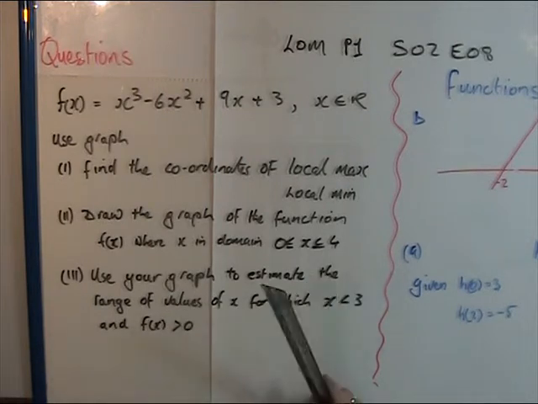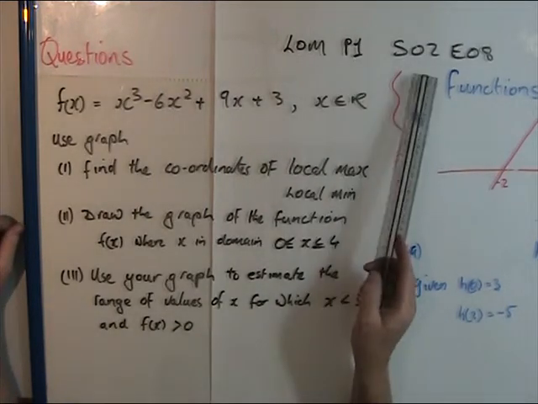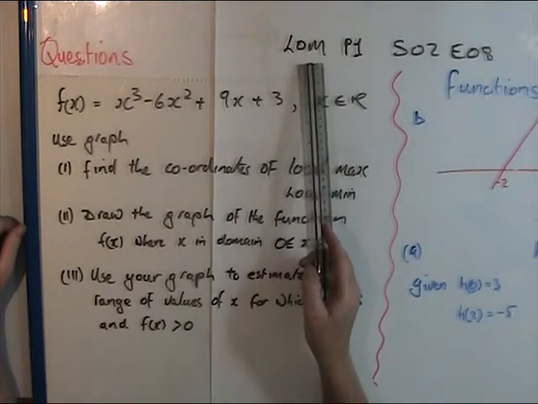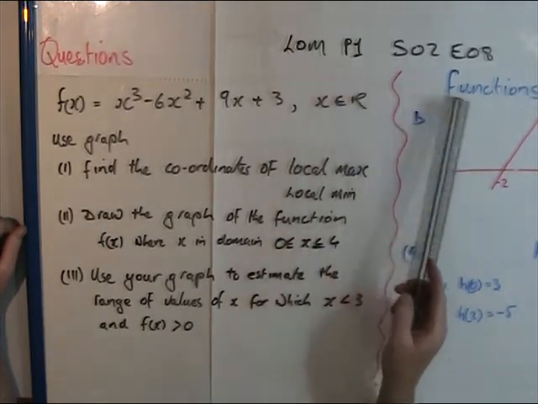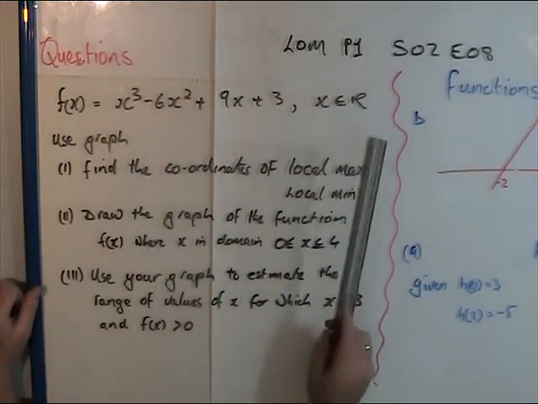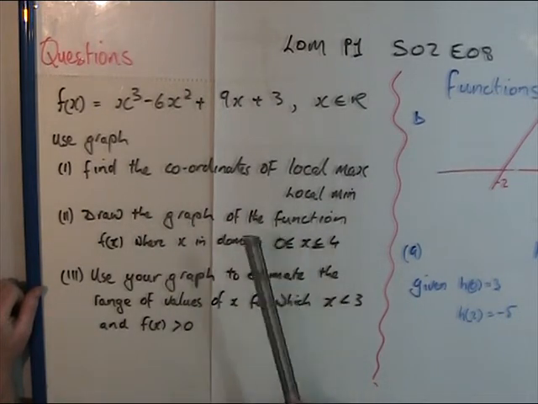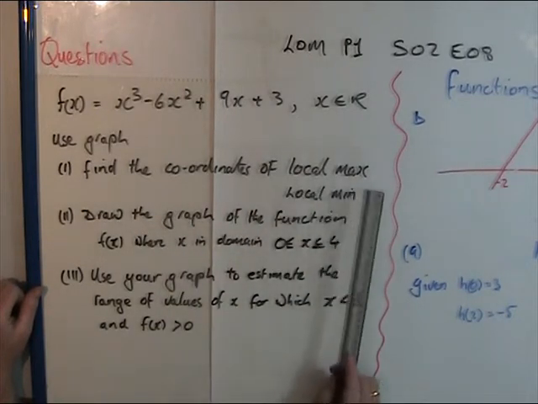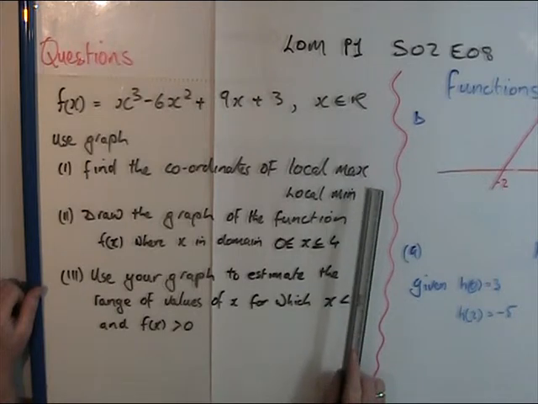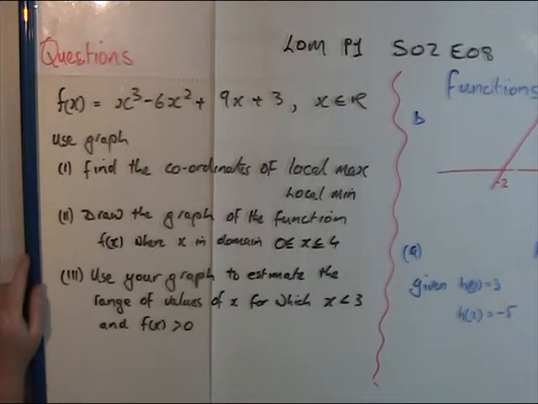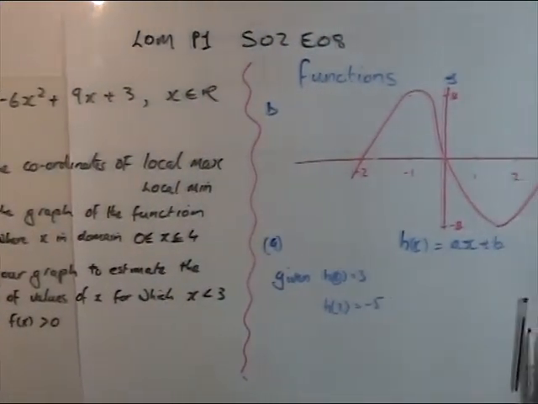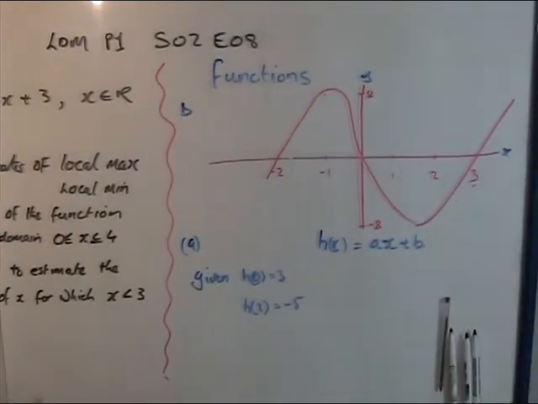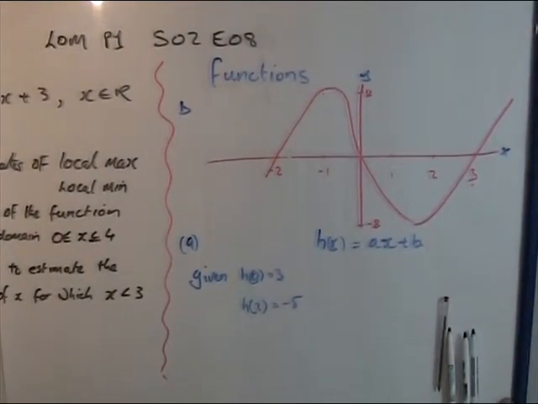I'm doing series 2 episode 8, and it's Leaving Cert Ordinary Level Maths, and we're doing functions. This is your question. Find the local maximum, local minimum, and this is when... okay, I'll get back to this question after this, because this will explain in more detail what's happening. So we have a function here,